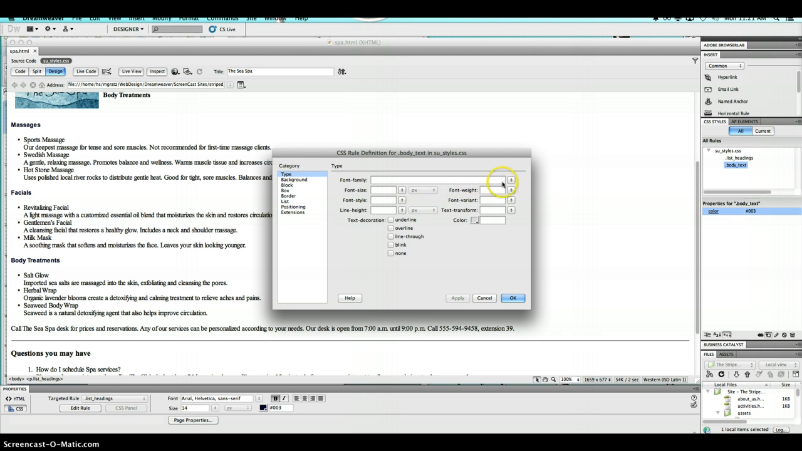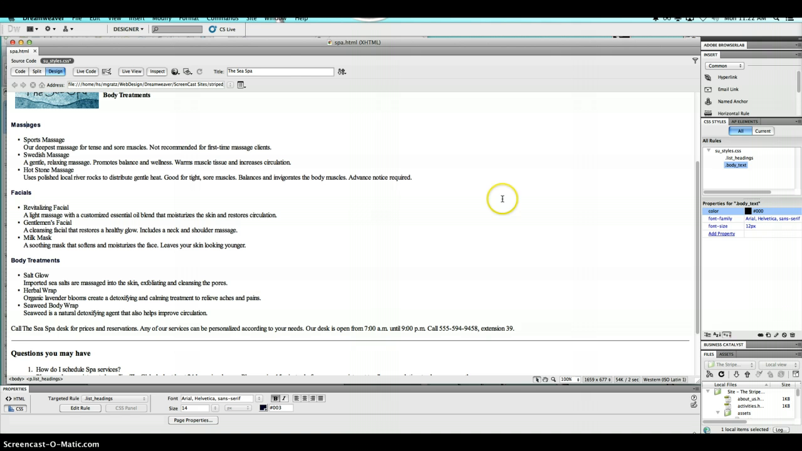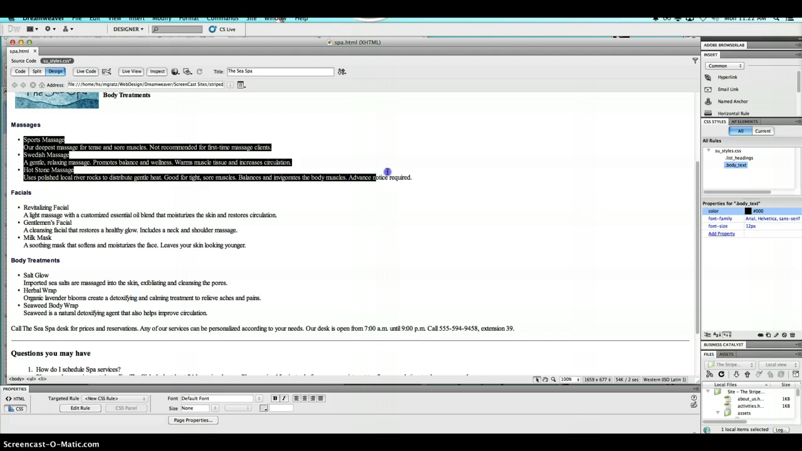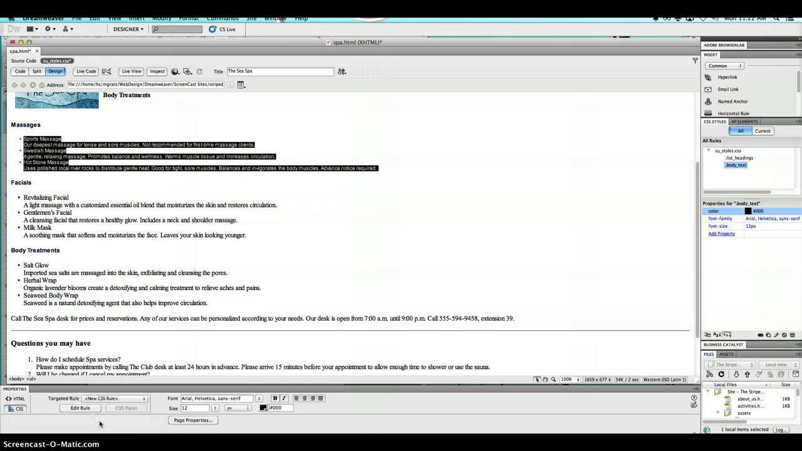We're going to go ahead in the font family and select Arial, and then for the font size, go ahead and select 12, and then for the color, go ahead and put 000. Make sure you have that number symbol in front there, and then we can click OK. Select the 3 list items in the description under massage. So we're going to select these. We're going to go down to the target rule, and you're going to select body text, and you're going to see the change. The rule is applied to the text,